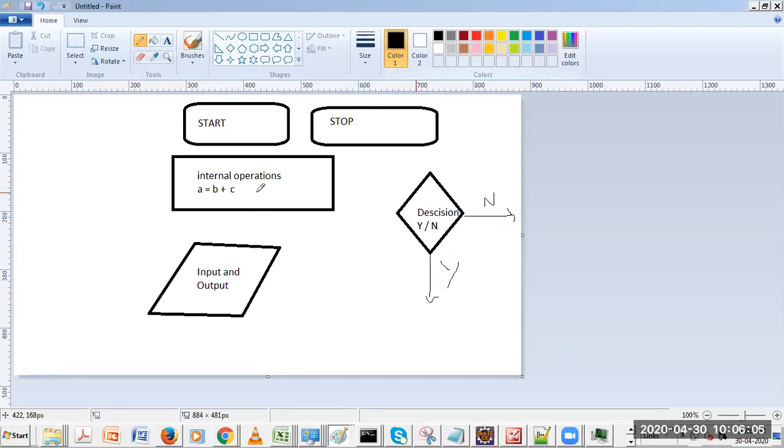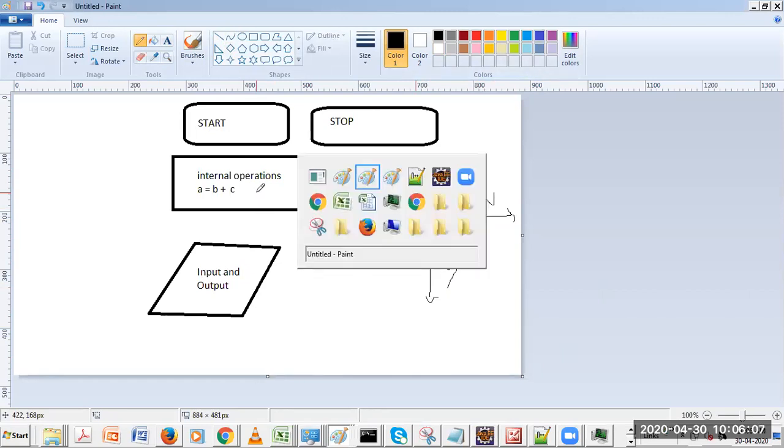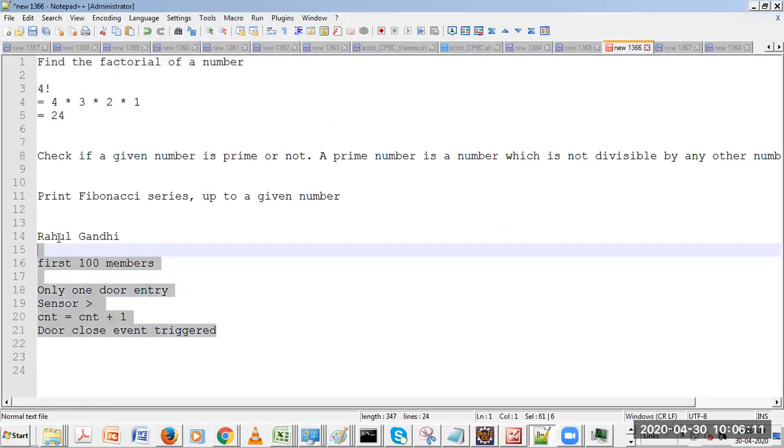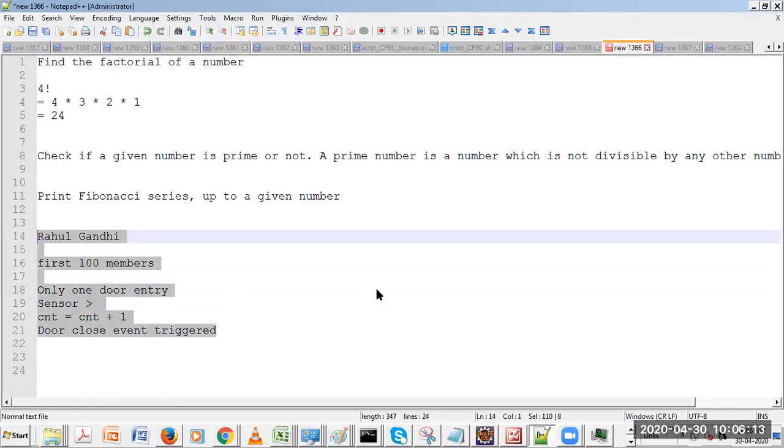So what I want you to do is help. Rahul Gandhi has given this assignment to you. So you're fortunate enough to meet him also, right? He wants you to design this flowchart for his code, which he'll give to his team to get that design implemented. So you need to draw a flowchart for me quickly. Hope all of it is clear. Any questions for me?